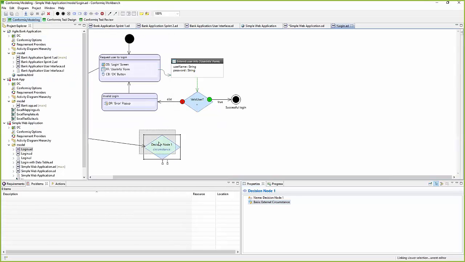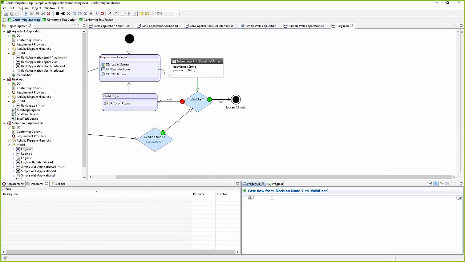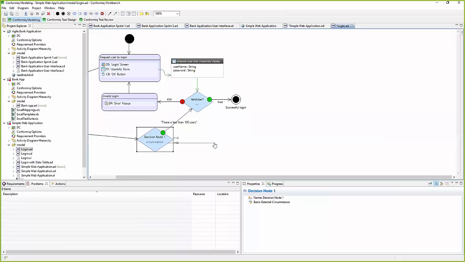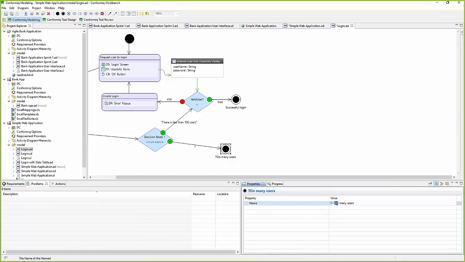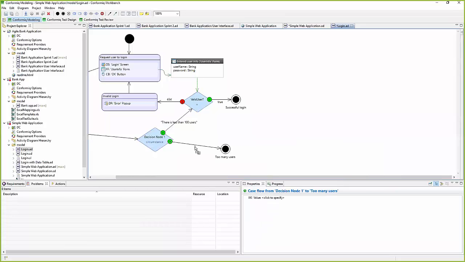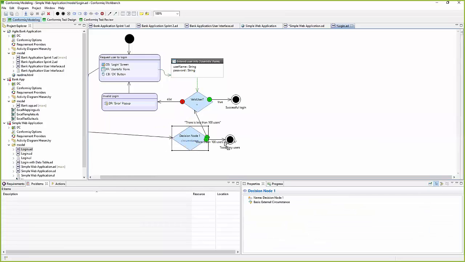But basically, when you select this, at that point, the only thing you need to do now is to connect the flows and basically state here, what is this external circumstance? So there is less than 100 users. So only then I check if it's a valid user, but otherwise I just exit, too many users, right? So this is the name of my node, but also here I need to still make sure that on that case flow here, I need to say, so here there's less than 100 users, more than 100 users logged in. Now, of course, I can model this in very many different ways, but it gives me a very quick way to just